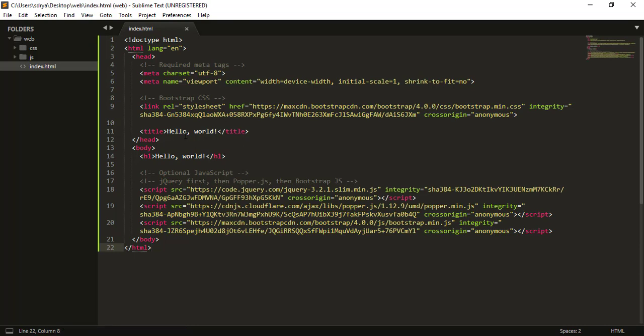Let's have a look. For example, we can see the source of this script, which is connected with jQuery 3.2.1. Most probably it's the latest version, jquery.slim.min.js. It is already set up, so we don't need to touch it. Just leave it as it is, and you can in fact leave the rest of the links as they are as well, but they would only work if you are connected to the internet. If you are not connected to the internet, these files are not going to work. So just leave it as it is, because we don't have a jQuery file in our local directory, but